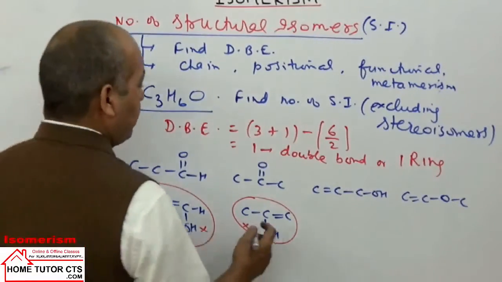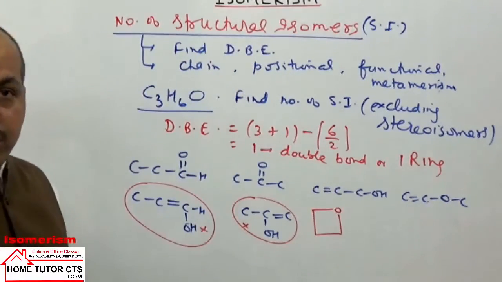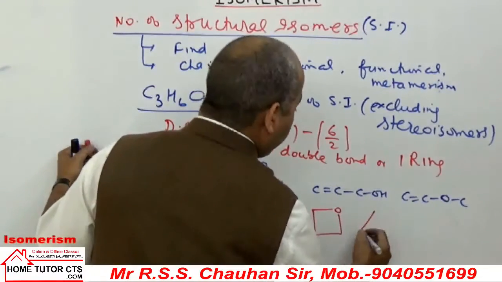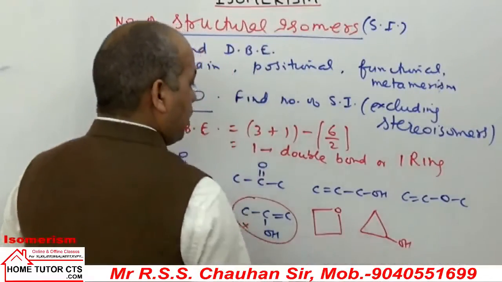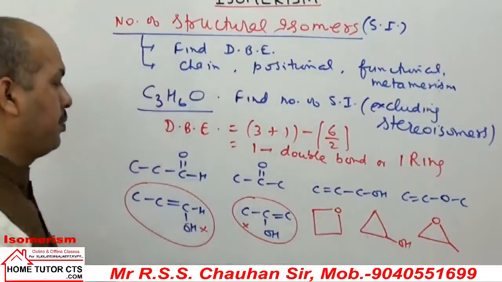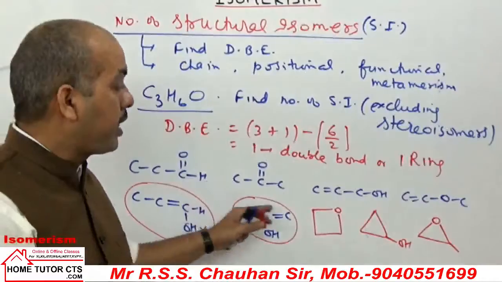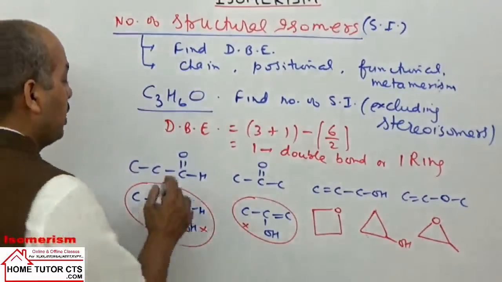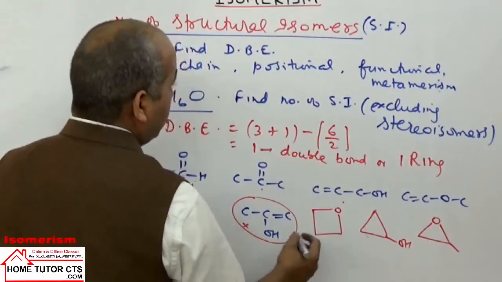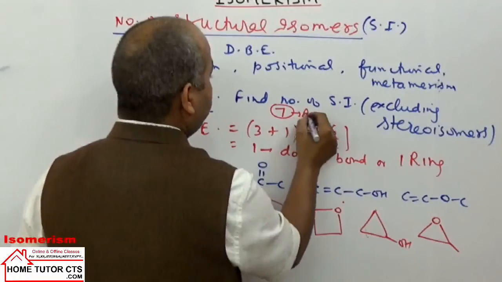How many compounds can be cyclic? In cyclic compound we can have one ring with one member oxygen, or you can have a 3-membered ring of only carbon atoms, or you can take an epoxy compound with one methyl group. We don't have any other combination which can make any more cyclic isomers. So in total we have got how many isomers? 1, 2, 3, 4, 5, 6, 7. The answer for this compound will be 7.